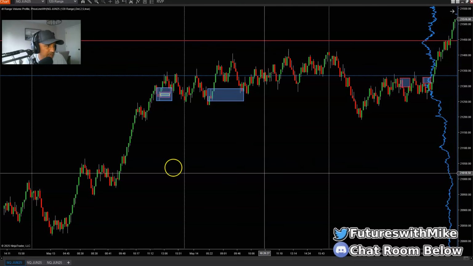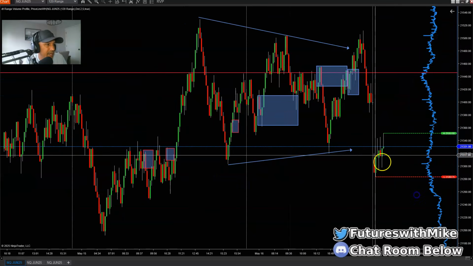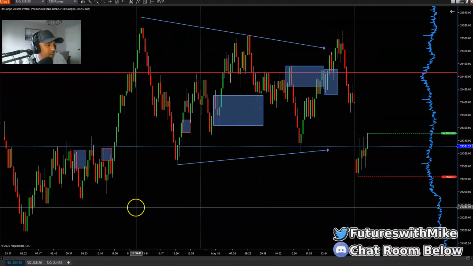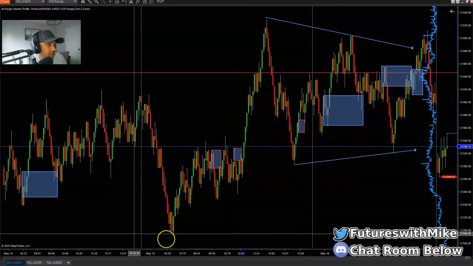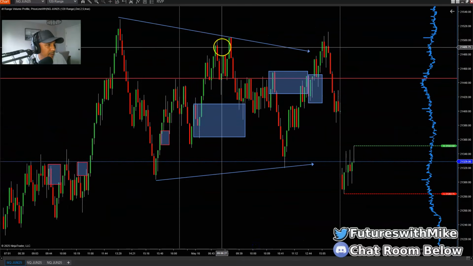Now let's go to another trade example right quick. Let's go to Friday. There was a nice demand setup right here. The market was moving sideways. It was bullish, as you can see right here to the upside. And then it made a low, it made a lower high here.